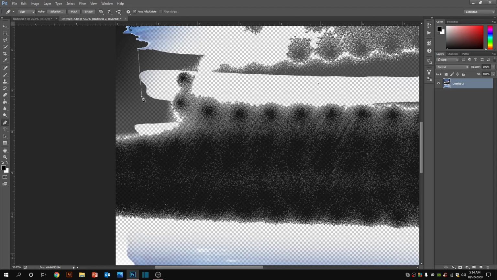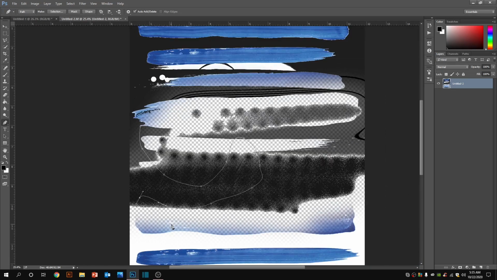P for pen, right? This is the pen tool. People ask how to handle the pen tool easily. Just click here and drag without leaving your cursor. Click without leaving. When you do this without leaving, you will get these 2 points. These are sub coordinate points. If you press Alt on these coordinate points, you can reshape your path.